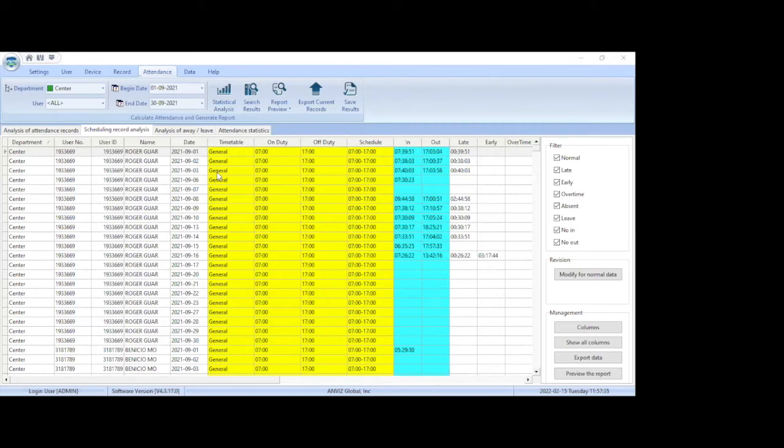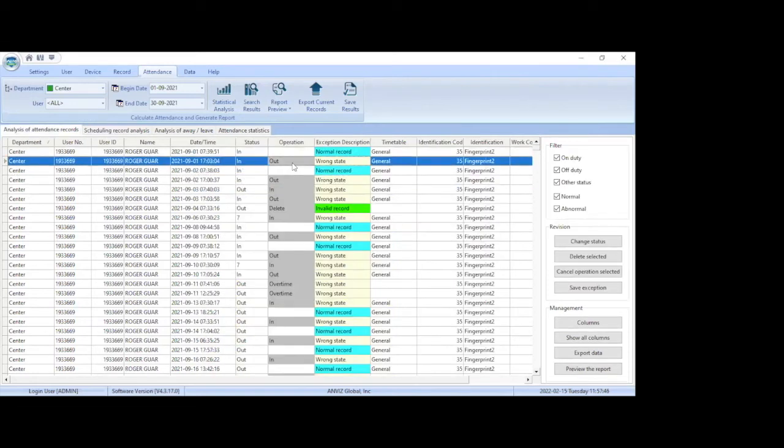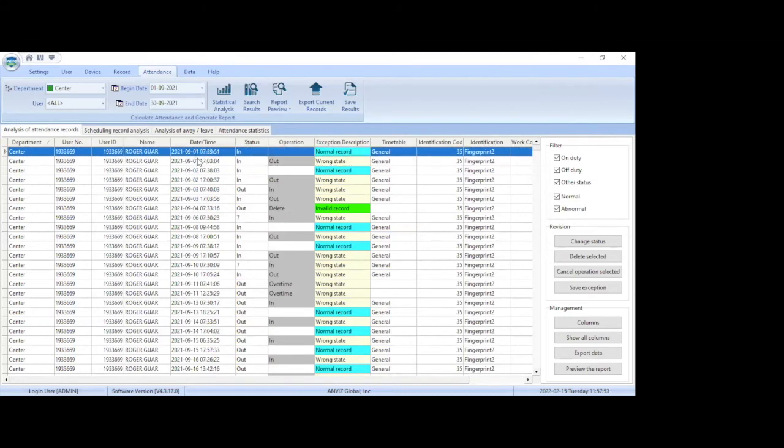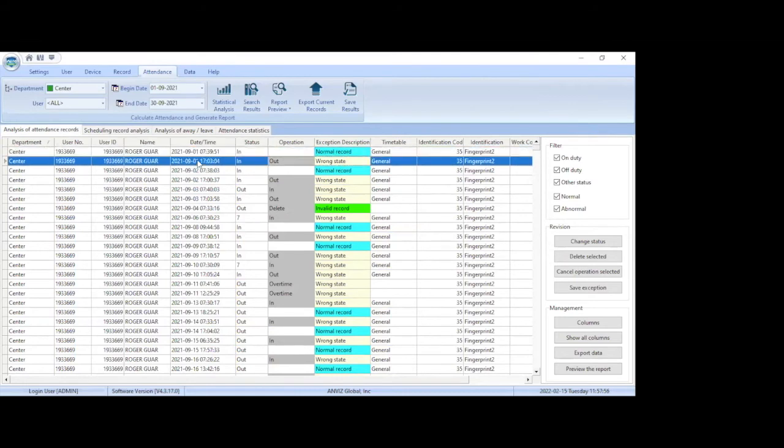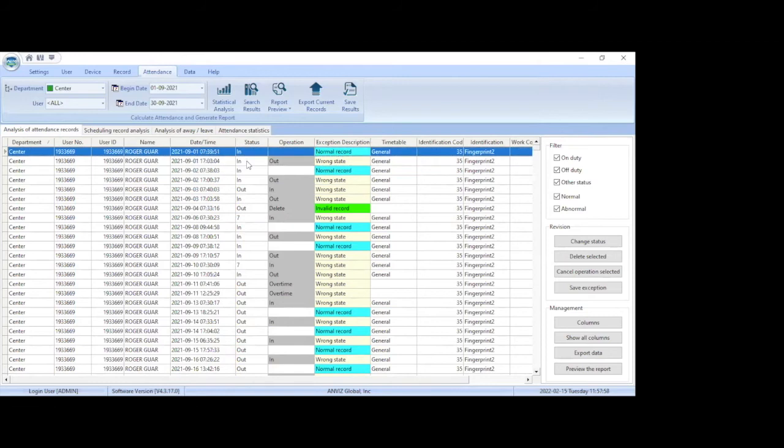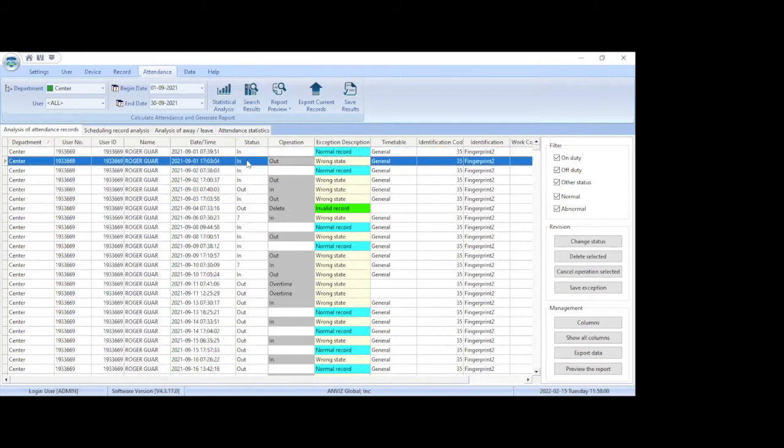There is another question: can you explain the wrong state that always comes on the report? Wrong state is basically an exception defined by the software. It's because the timetable that you have defined is from 7 to 5, and the status of both the transactions is in. By default, the status of the device when the user punches on the device was in, and as per the software logic,